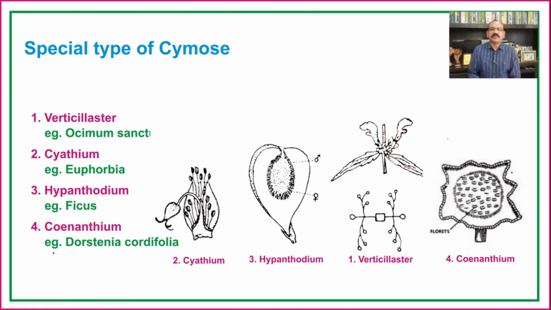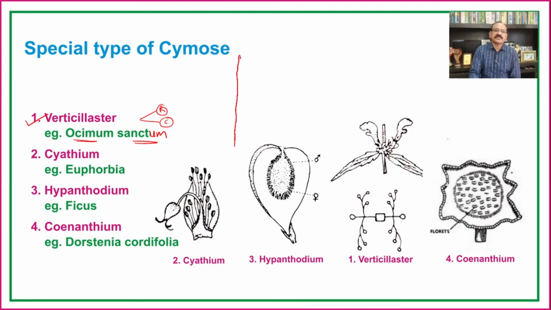The spatial type of the inflorescence falls in four different categories. That is, first one, Verticellaster inflorescence. This Verticellaster inflorescence is nothing but the aggregation of the racemose as well as cymose inflorescence. If you see the inflorescence of Ocimum sanctum, then you will find that there is a continuous growth